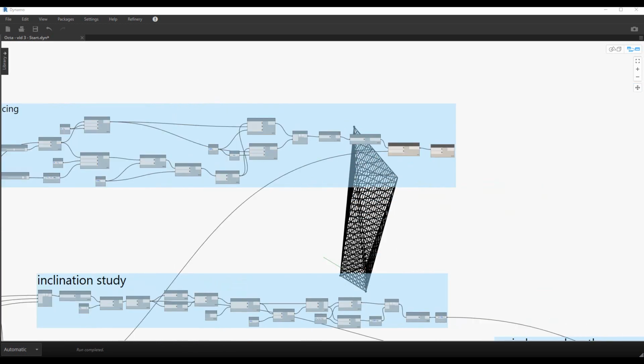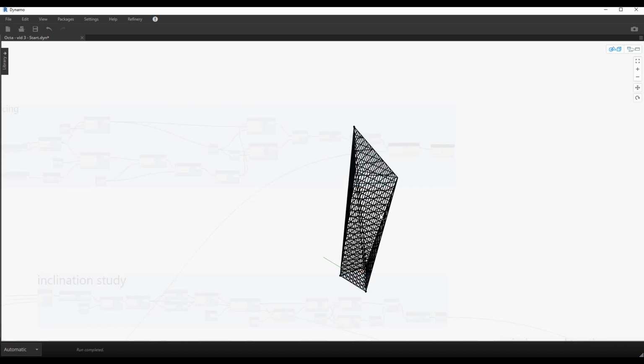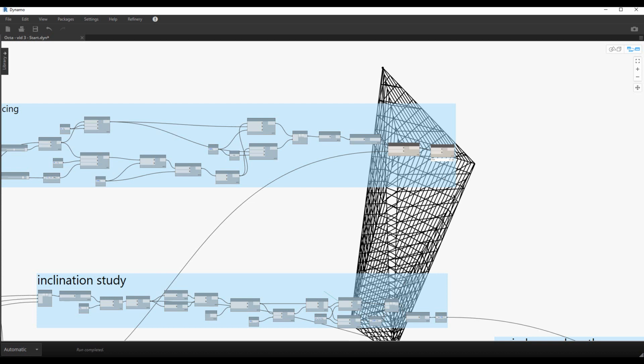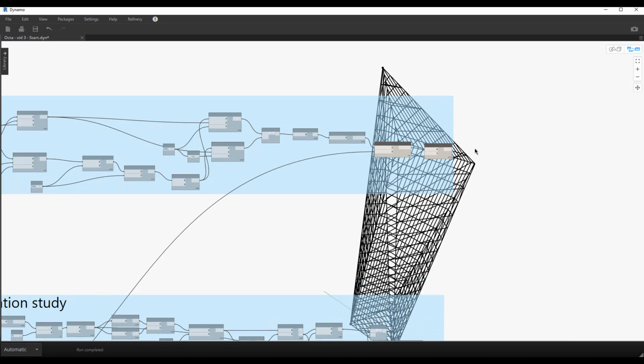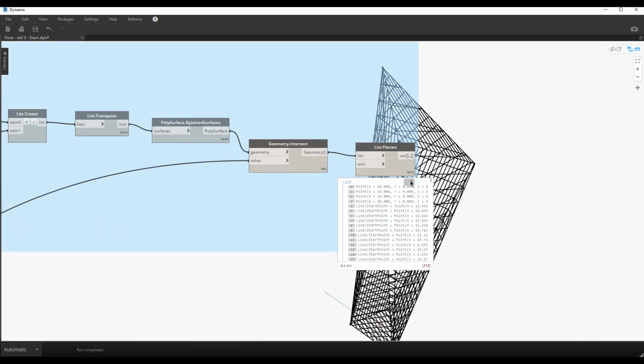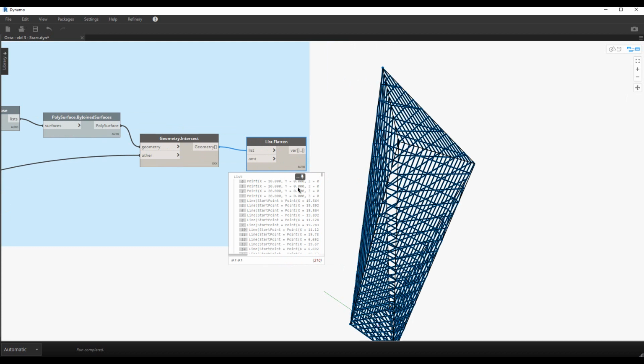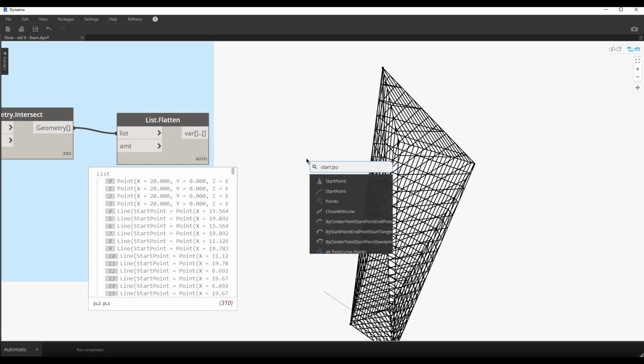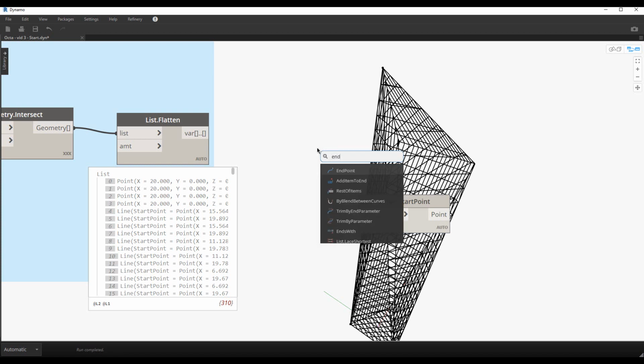Now to continue with this one, we want to use an adaptive component. This adaptive component will take the start and end point of each line and apply a beam or some kind of geometry that stretches between the 2 points from start and end point. So to create this, first off we want to make sure that we don't have any points. The easiest way can be just taking the start point and end point,